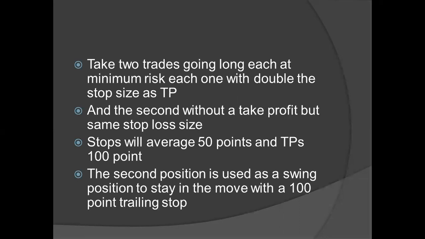So you drag a 50 pip stop, and then your take profit is going to be double that, which is 100 pips. Now the second trade, you do not have a take profit on it right now. I'll tell you why. The first trade, you can have a 100 point take profit level, or that average daily